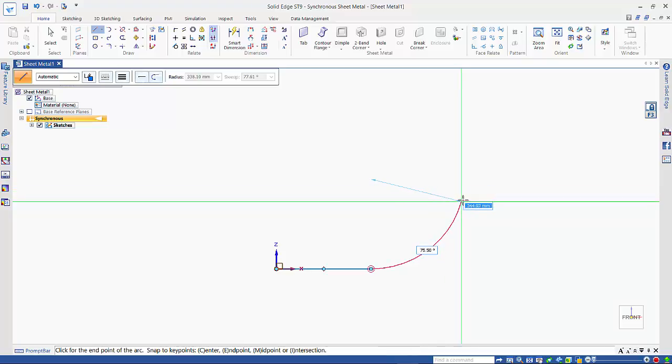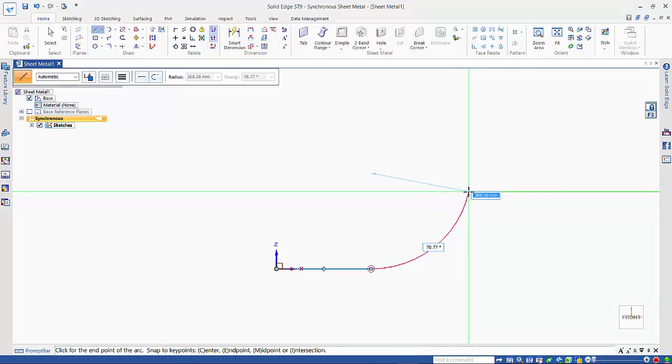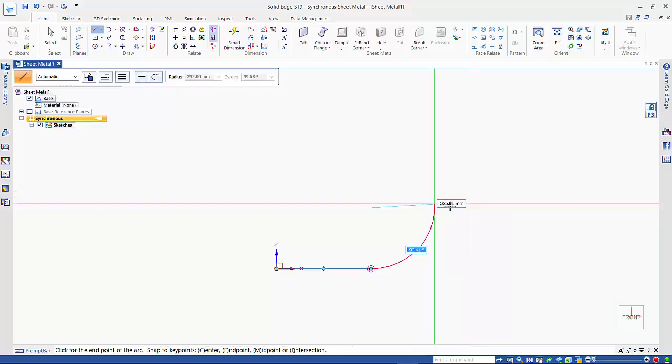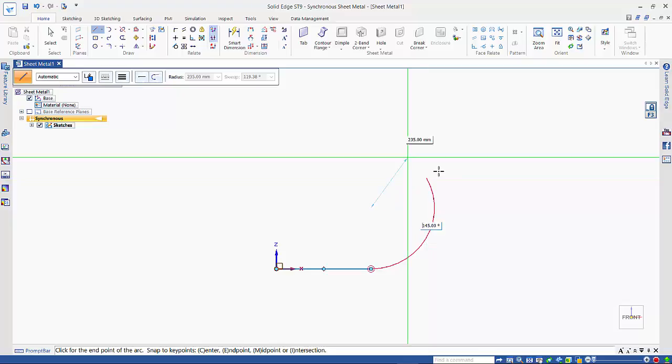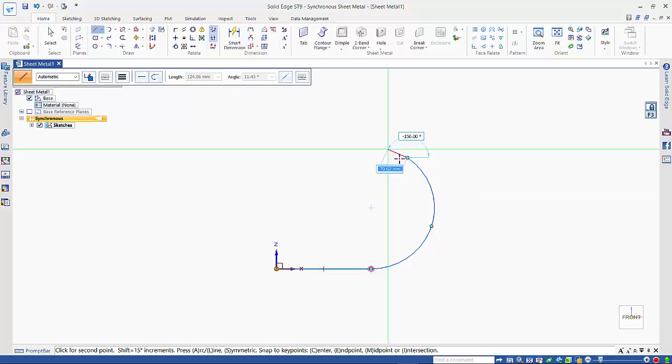So that's in this case the diameter. So in this case we'll make the diameter 235, and we want the angle of the arc. So you see how it's switched to the angular dimension now that we've hit enter, and we want a 145 degree arc. So you can go tab to switch between the two, and then click a point,